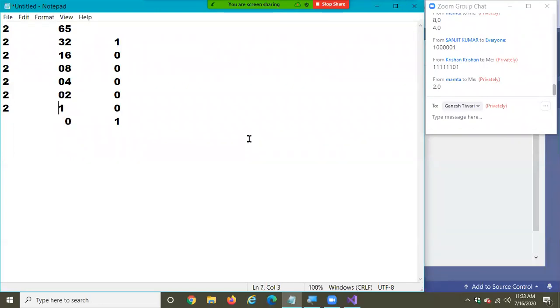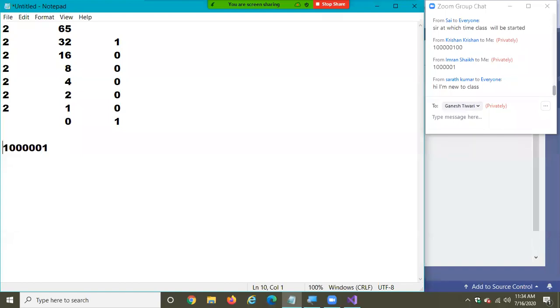What is the output here? 1. From the bottom, you need to count it now. 1, afterwards 0, 0, 0, 0, 0, 1 is the binary value. This is the binary value. Am I clear? So if you enter a number, it has to tell me the binary value of that particular number.